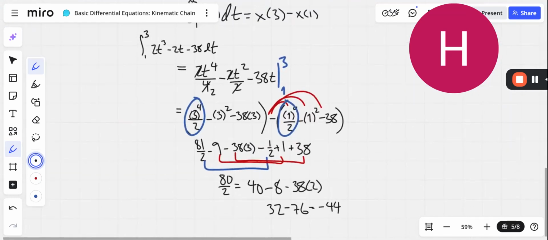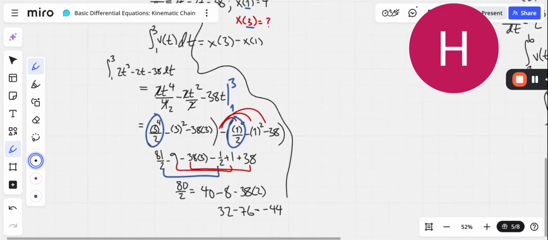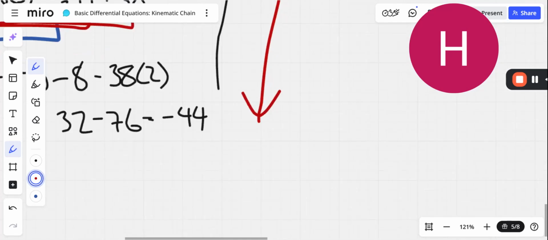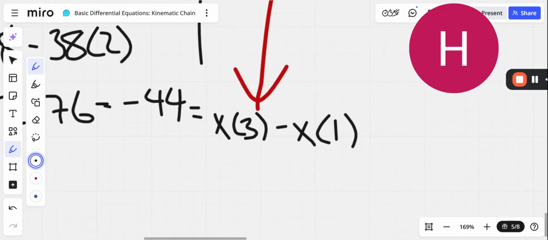Now this is just the left side of the equation. That's just this part here. We still need to bring this all down from the fundamental theorem of calculus on the right side of the equation. So this is equal to x of 3, which we're interested in knowing, minus x of 1, which is given as an initial condition. So here we say negative 44 equals x of 3